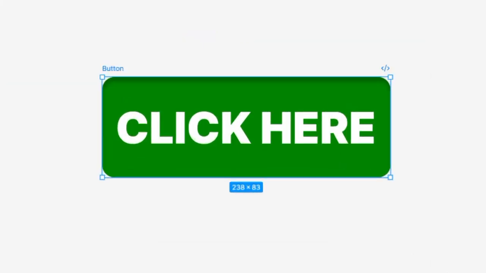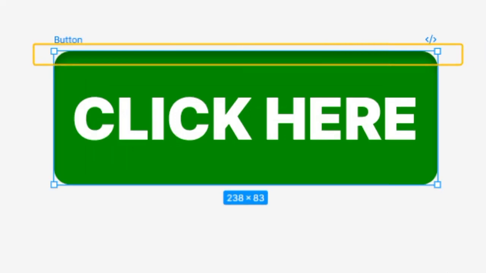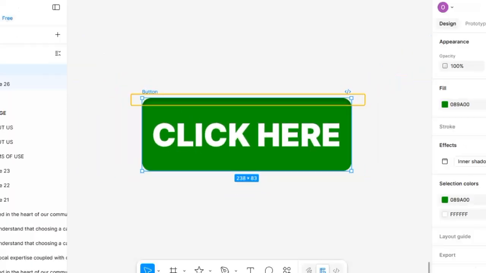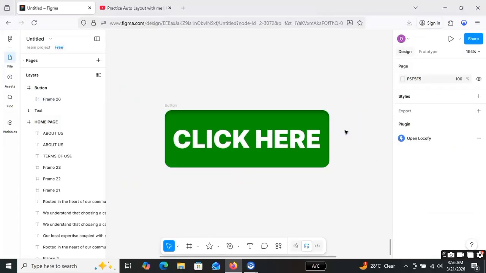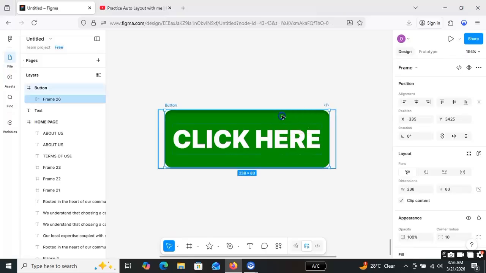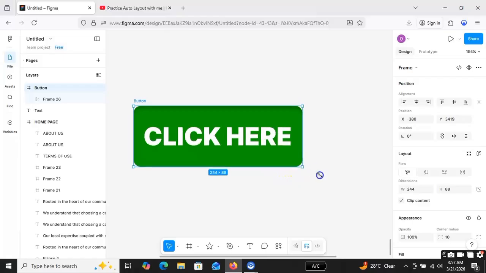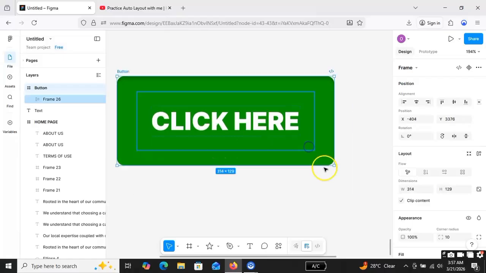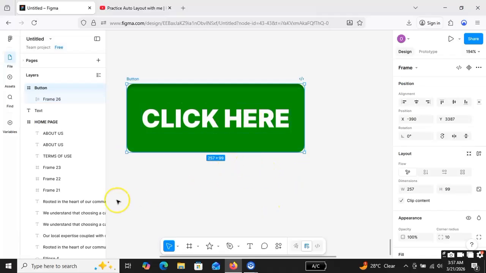The inner shadow is what we are using now. With the inner shadow, we take the shadow to the top. The shadow we did before, which is the drop down shadow, was at the bottom. Now the inner shadow is at the top, inside the logo, inside the button. So you can see the difference between the inner shadow and the drop shadow. It depends on what you want in your design. If you want your design to be like this, the shadow will be at the top of the button. You can try